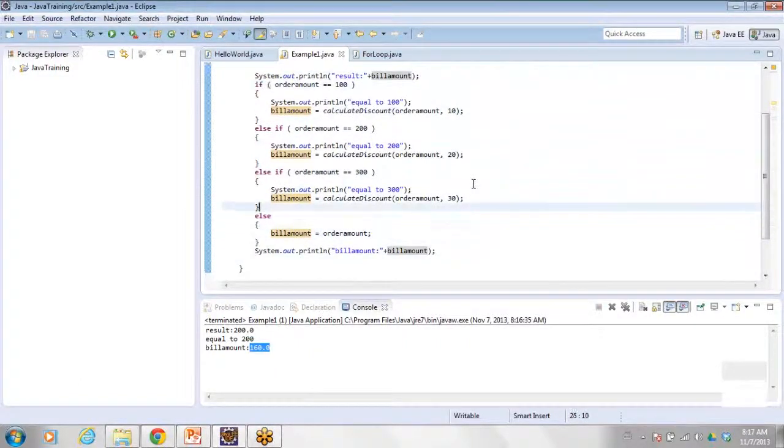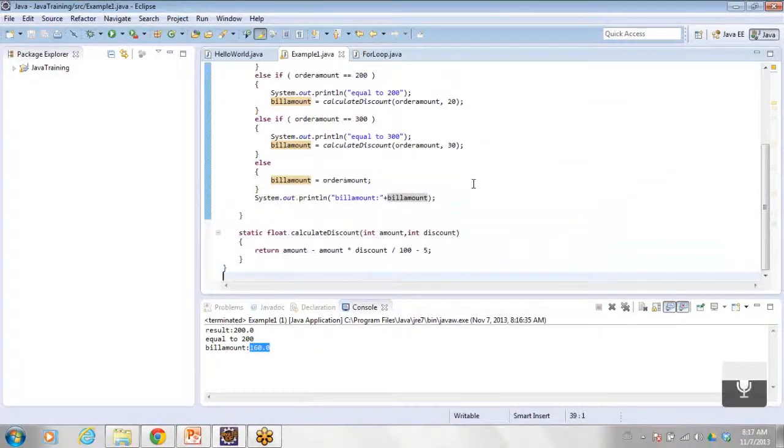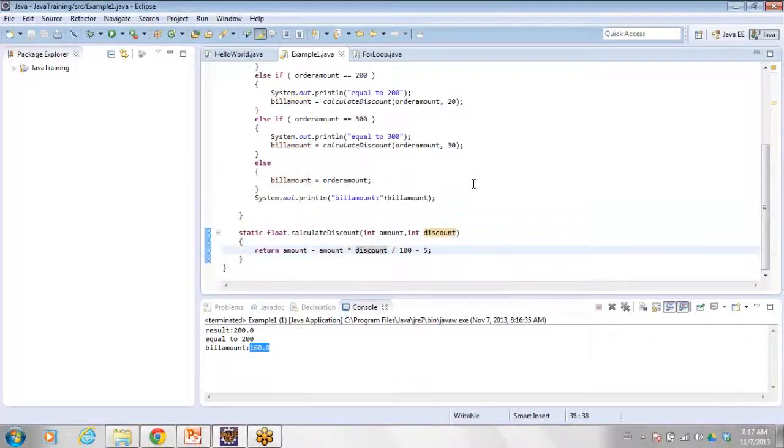So that is the advantage of function. So you can reduce the repetitive or duplicate code. So is that clear?